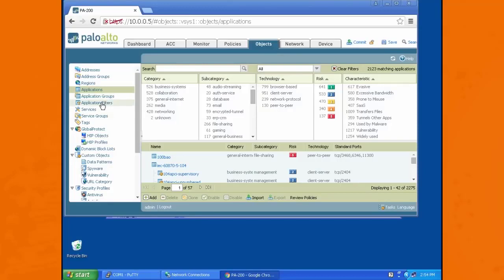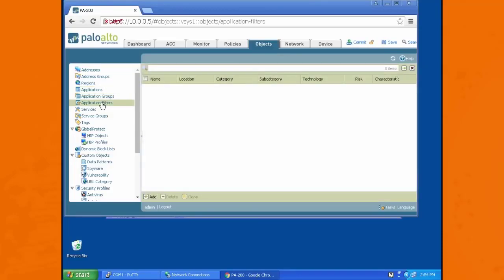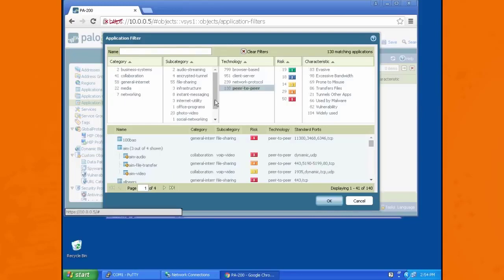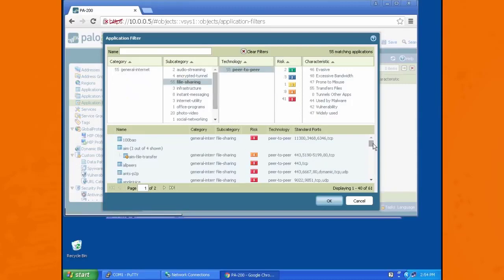We're going to be using an application filter. This is a sort of dynamic group that allows you to choose based on behavioral properties what kind of group this is going to be. So as an example, we're going to start off with a peer-to-peer file sharing group, which will contain all kinds of typically unwanted file sharing protocols you can see in an organization that we want to block. We will name it peer-to-peer,